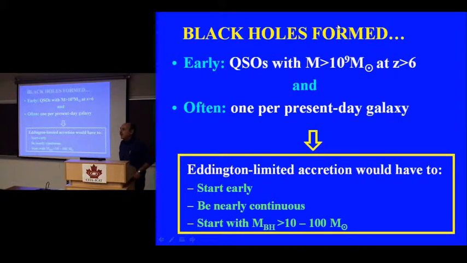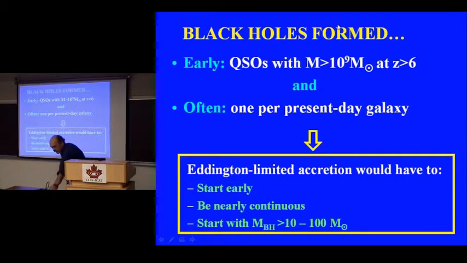The reason for worrying about how the first supermassive black holes formed is really twofold. First, we know that black holes today are extremely common. Supermassive black holes in the centers of galaxies are extremely common. There's roughly one per present-day large galaxy. But also we know that at least some of them had to have formed and grown to rather large size by fairly early in the universe, because we see quasars with black holes